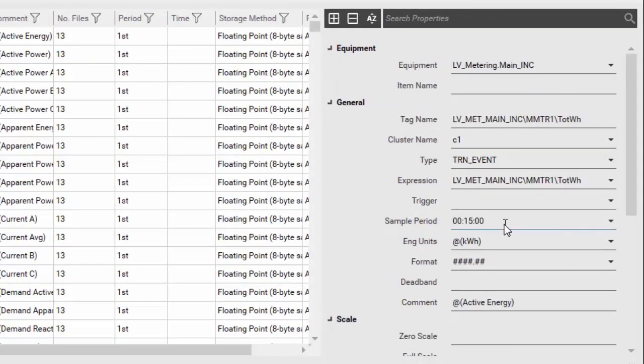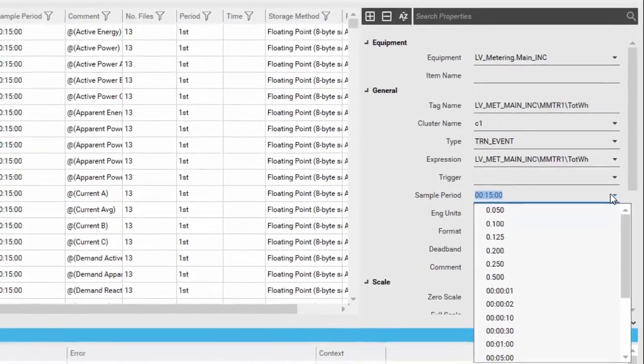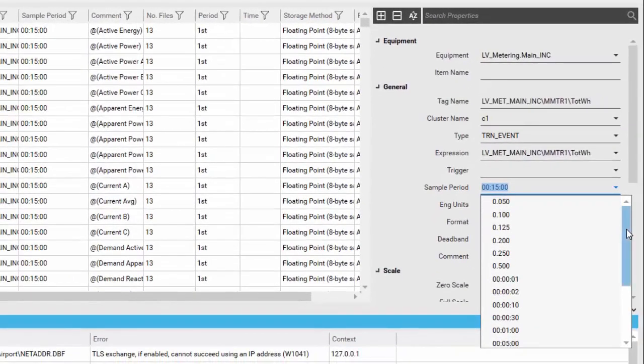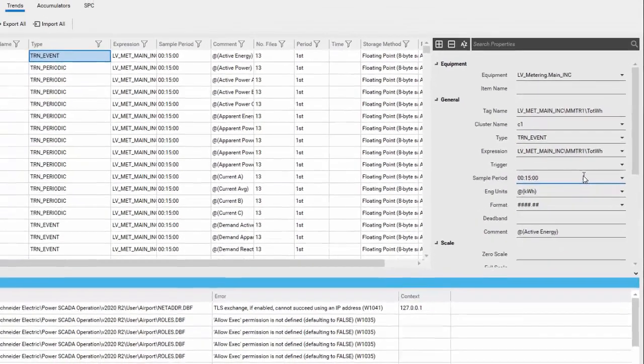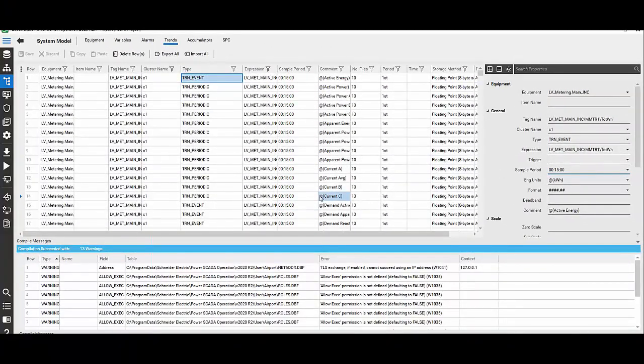You can also set the sample period from here. You can choose a lot of ready-made sample periods available for you, or you can put in your own number for the trend interval. So that is how the trend definitions or the trend scan intervals are selected in the